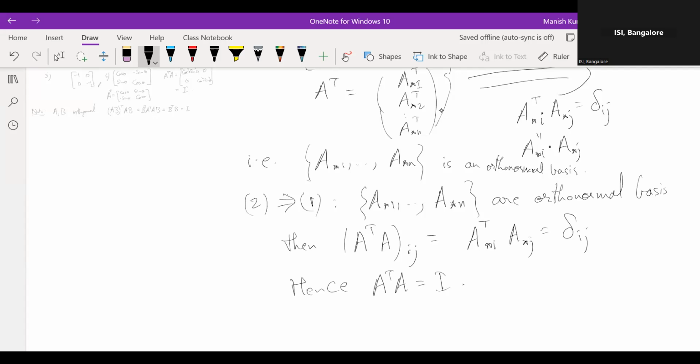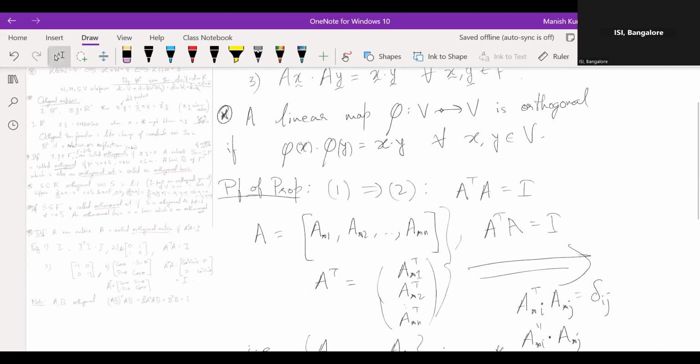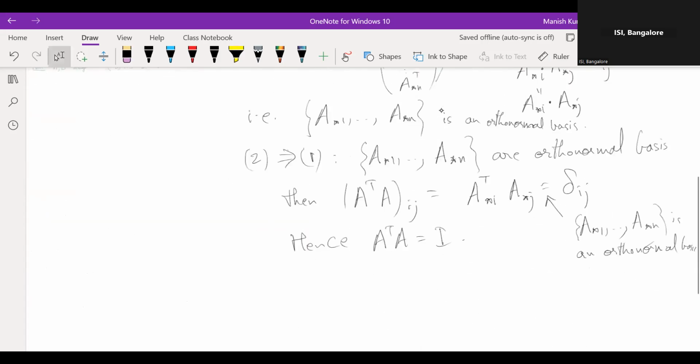Yeah. So this is because A star 1 to A star n is an orthonormal basis. The dot product, we can write it this way. Yeah, that is the point in terms of matrix multiplication. Okay, so what we have proved is 1 is equivalent to 2, and then for 1 equivalent to 3,